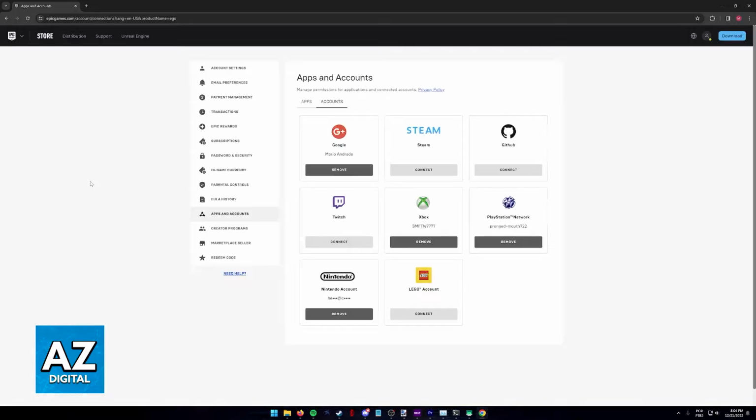Apps and Accounts. So in this page, like I said, go over to Apps and Accounts and then switch over to the Accounts tab if necessary. Inside of Accounts is where you can check and make sure that all the platforms are connected to the same Epic Games account. So if you already played Fortnite on an Xbox, the connection is already established most likely, so